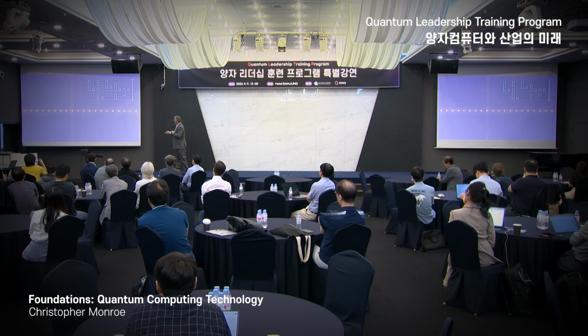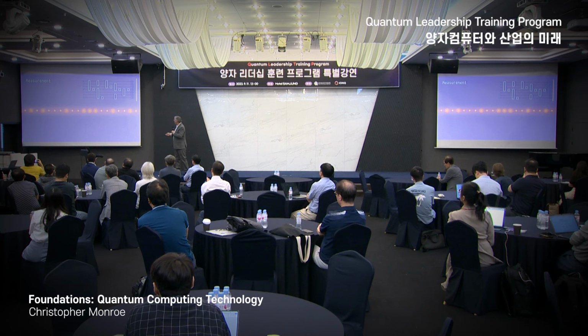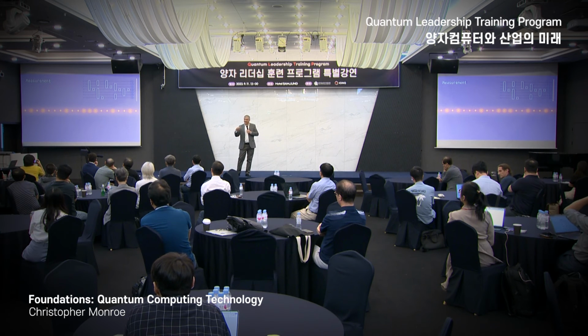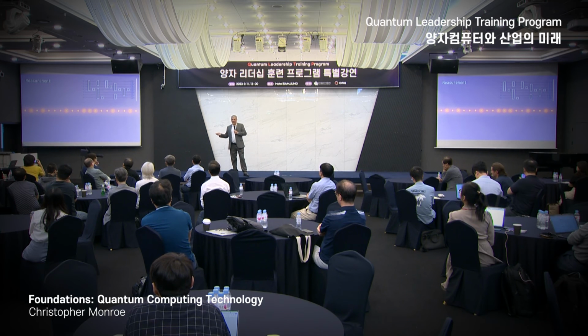That's the force. And then my favorite part, at the end, we measure the qubits by simply shining a laser beam on them all. And if the atom is in the state 1, it glows. If it's in the state 0, it's dark. So you look at the fluorescence on a camera, and you can read out your quantum state. So that's it. This is sort of a high-level picture of an ion-trap quantum processor.